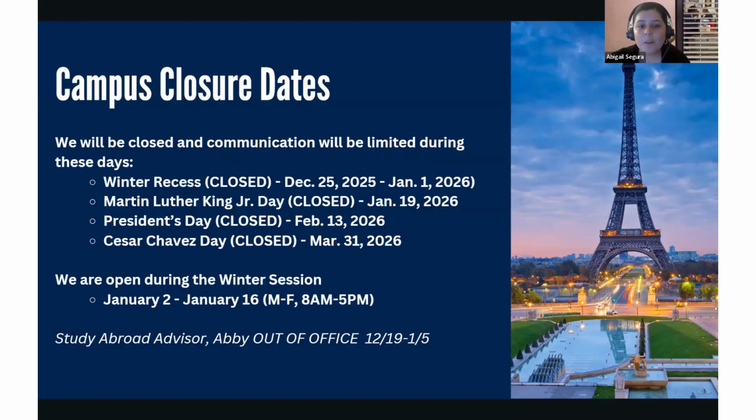closed. Although students are not on campus during some of the winter session dates, most of the department offices are available, but for the dates that I specifically listed here, just know that campus will be closed. So there will be a delay in responses if you contact us via email. Some of the holidays are like President's Day in February, Cesar Chavez Day in March, but I think